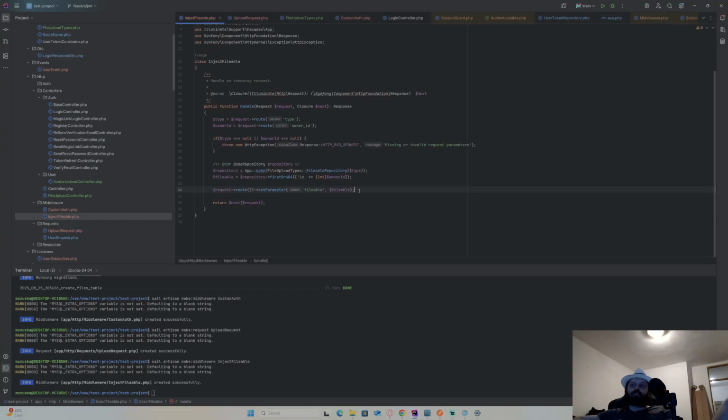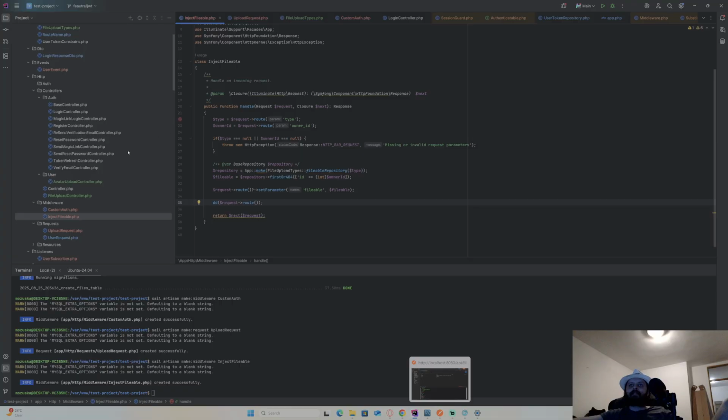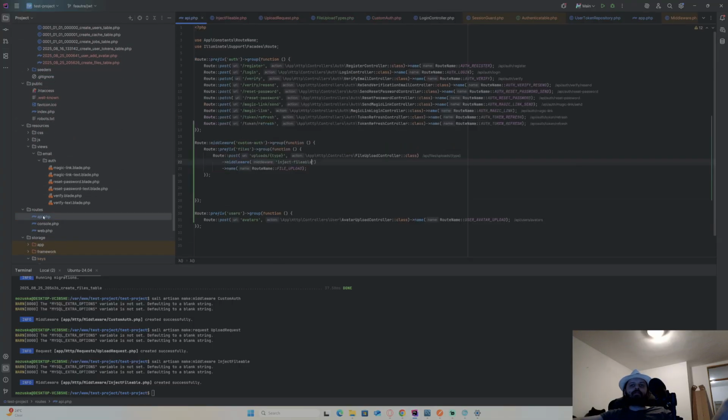So now I'm just gonna dd again the request to route here to check if this is working. First I'll have to add the owner ID into my request. I do that by extending my route definition to here. So this is gonna be route type owner, and here's gonna be owner ID. And I'm just gonna do it like this. So when I inject it, it's like this. So now it's gonna be owner ID.